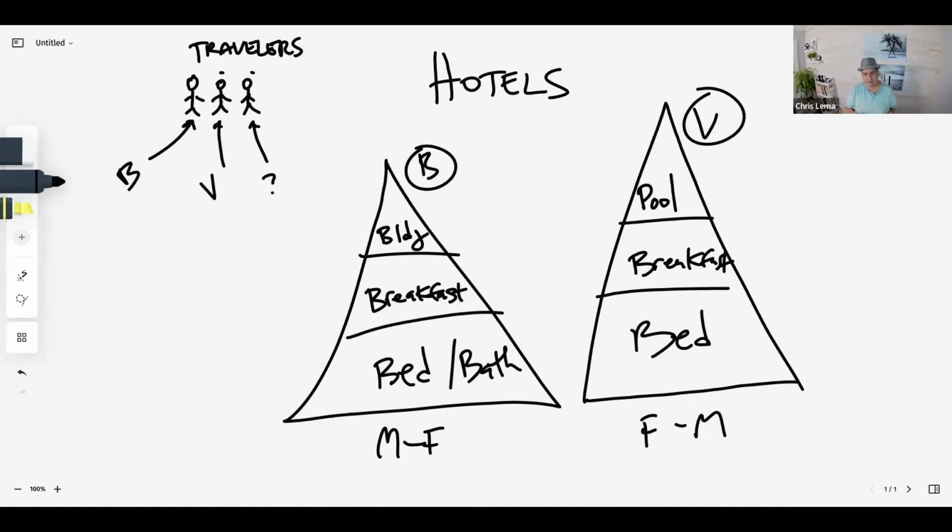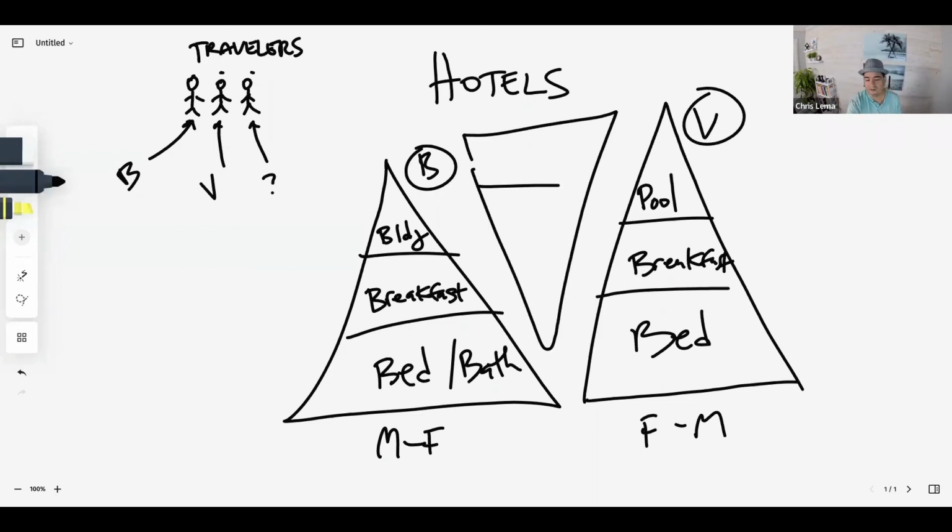Now, you can do the goal pyramid this way if you know these segments and you understand their goals, but not everybody's going to come out and tell you their goals. So how do you figure out these goals? Well, there's another tool I use, another trick, which is an inverted pyramid. An inverted pyramid looks very much like the goal pyramid, but this is the goal pyramid. This is the pain